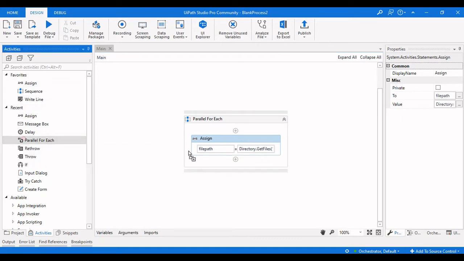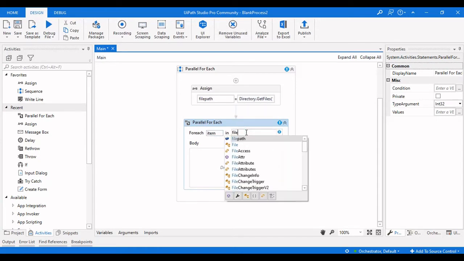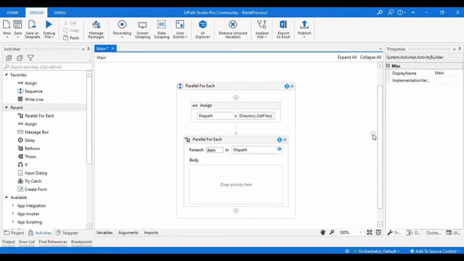So now I am using a parallel for each activity here. So for each item in this particular file path, we're going to get the file names here.